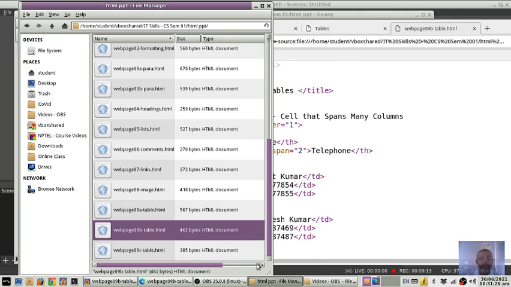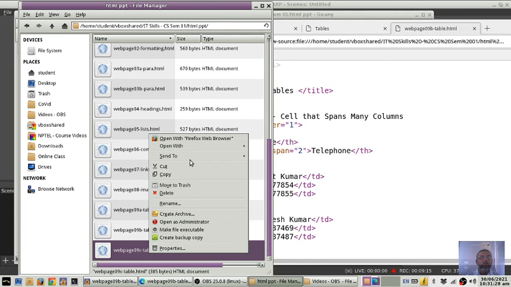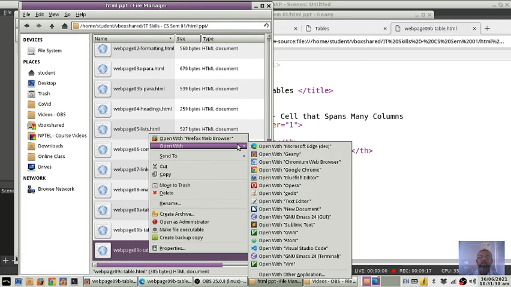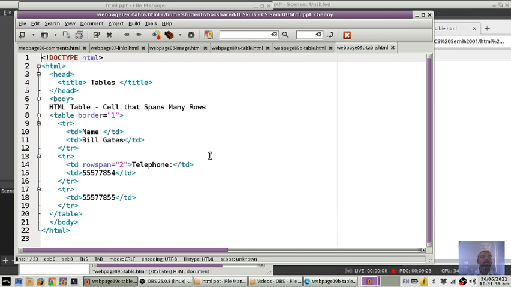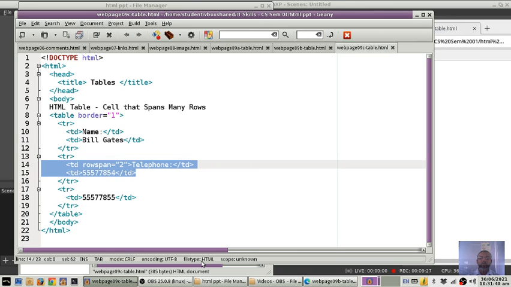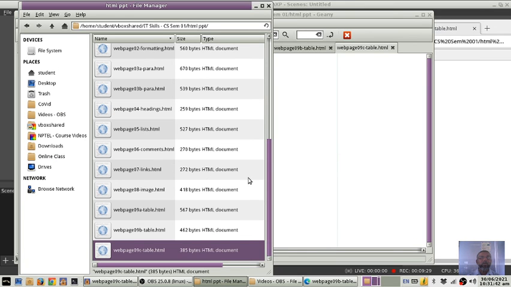And the next one here is cell spanning into multiple rows. See the rowspan equals 2. I will display the file in the browser.